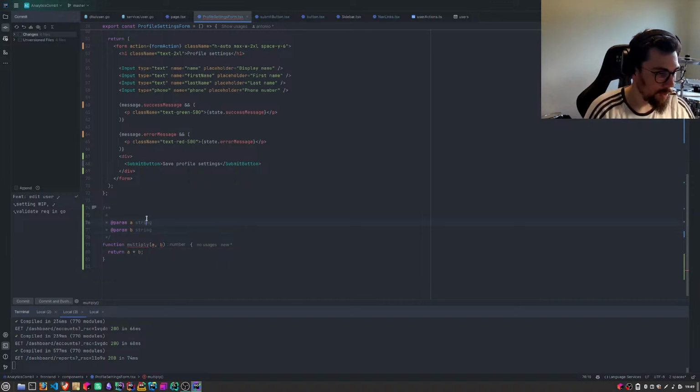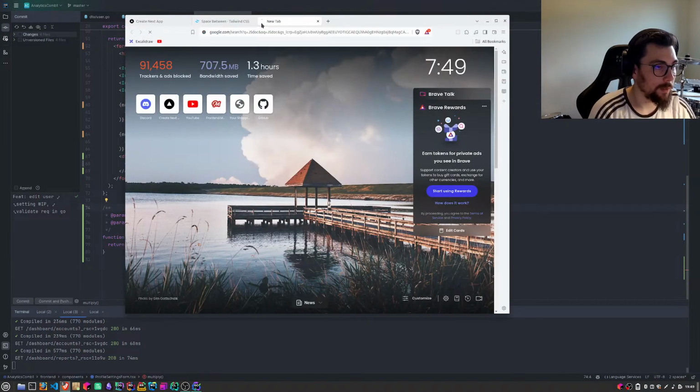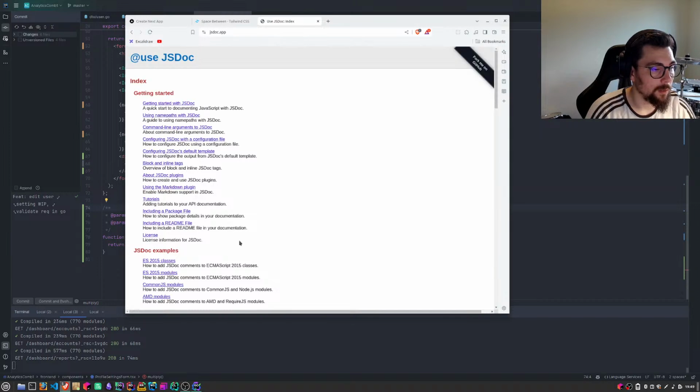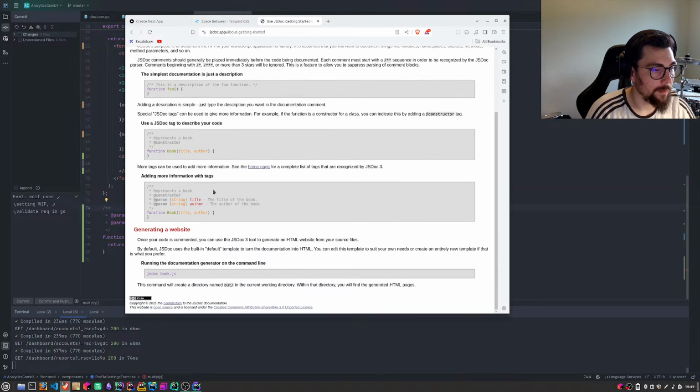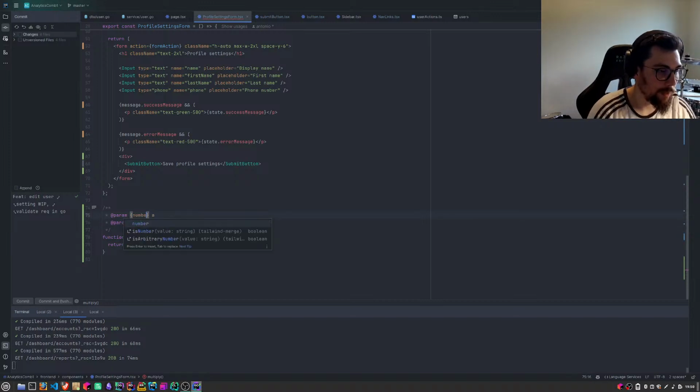Maybe it doesn't work here, or am I tripping? JSDoc. Let's see. We have constructor. Okay. So it's like this: string a and string b, but it's not a string; it's a number because I'm an idiot. So this does not work because I'm using TypeScript, and that's fine.